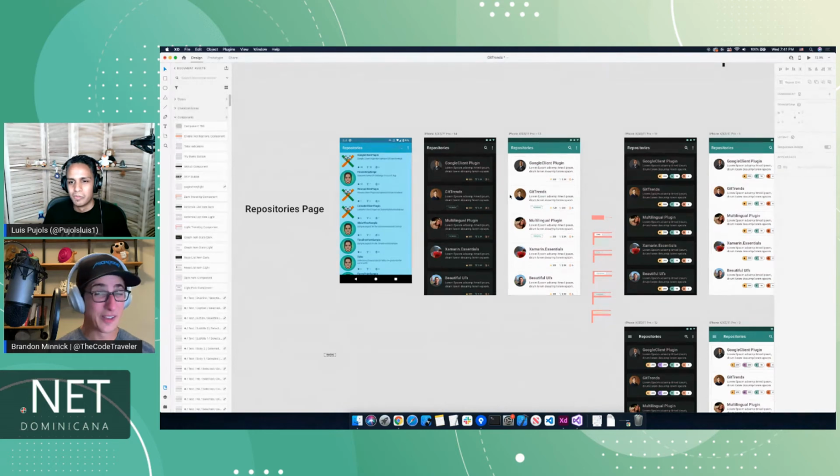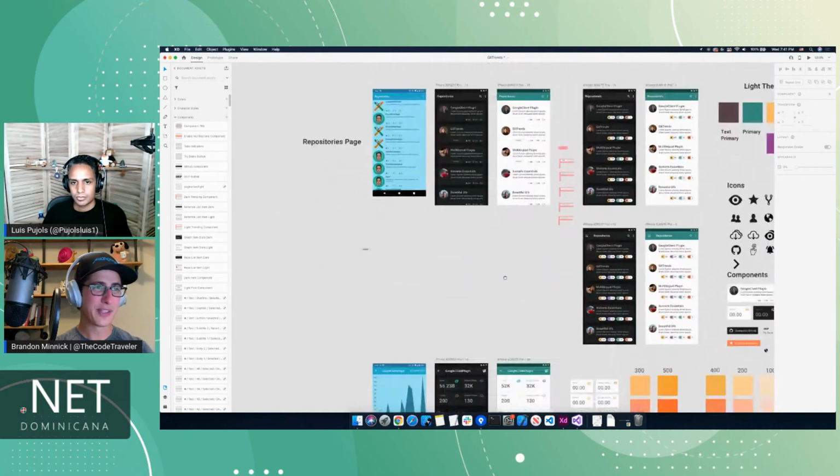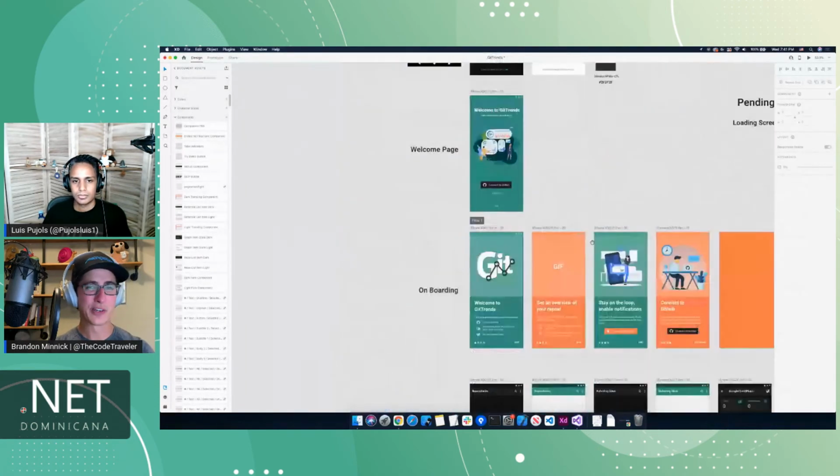Just another fun fact, I was looking at the number of users who hit the skip button versus the number of users that actually swipe through the entire onboarding. Looking at the data for the iOS app right now, it looks like it's about the same. About 50% of users just tap skip and then we'll connect to GitHub, and the other half will actually swipe through it. So, if half the users already are ignoring the onboarding flow,